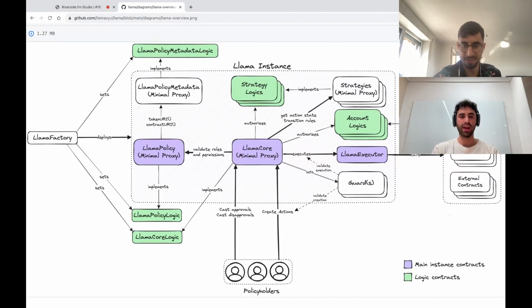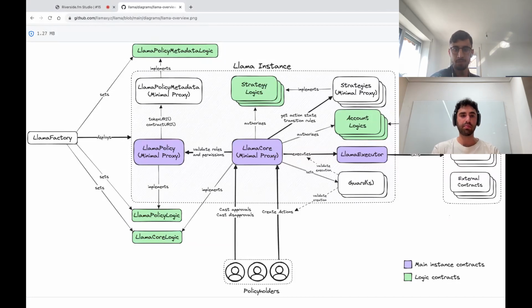The way to understand how Llama works is by starting with this Llama factory contract. This contract is the same across all the chains we deploy to, and it's just an immutable, permissionless, relatively simple contract that basically just has a deploy function, and it's used for anyone to deploy Llama instances.